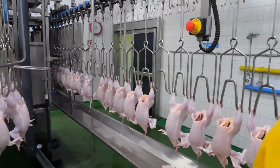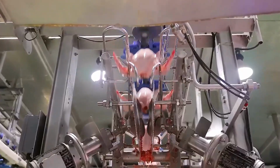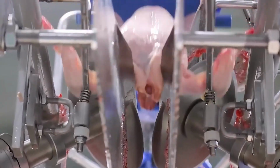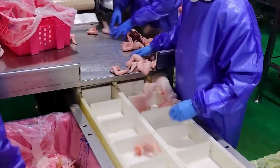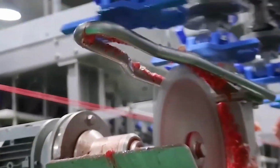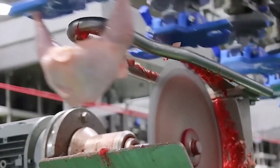Next, the chicken moves to the cutting station. Specialized robotic arms detect the joints with perfect accuracy and cut each part, wings, thighs, drumsticks, with clean, even motions. The breast meat is carefully separated and skinned to reveal that firm, pinkish-white meat that's famously used in KFC's crispy pieces. The organs are removed cleanly with precision drills that ensure the chicken's body remains intact and unharmed, all while